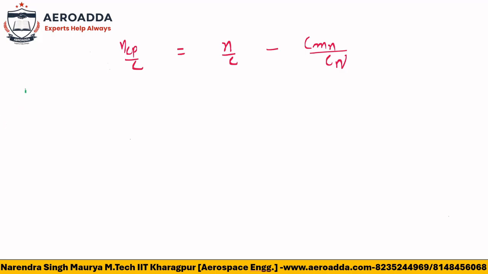Now see the important point here. Point 1. What is that? That XCP by C, check it. This is the location of the center of pressure. So this XCP by C